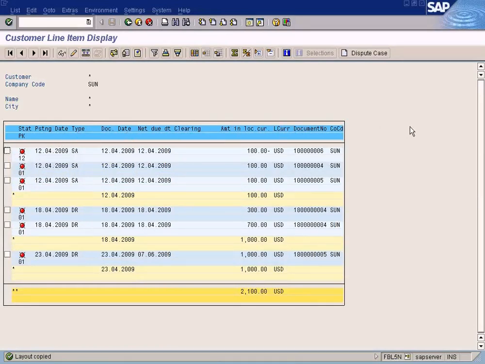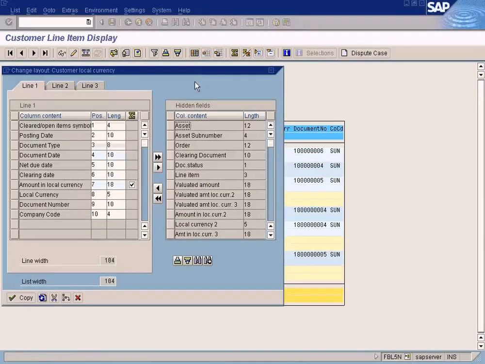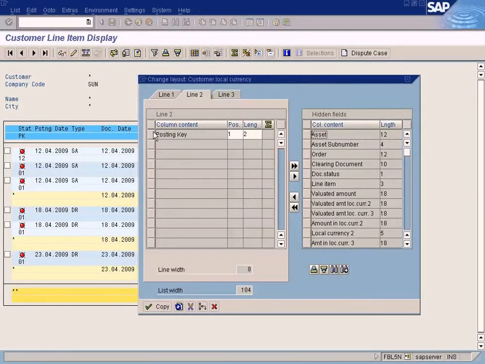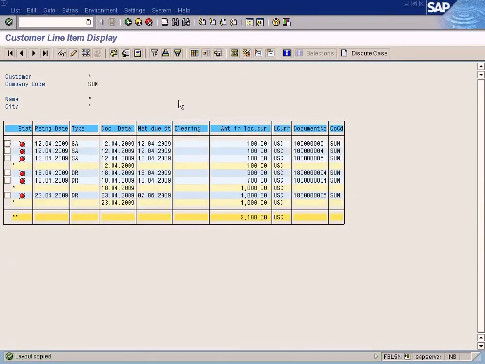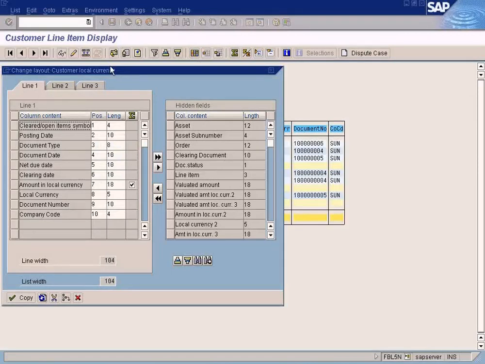because this is useful when you want to print a lot of fields. You want to select and print a lot of fields where your A4 paper will not be sufficient. The width of the A4 paper will not be sufficient. In that case, you need to create two lines of report heading. So the first line has got this, and the second line has got PK, posting key. So if you look at the first line, you see all these things corresponding to the first line of fields. The posting key comes second, right? That's the use of second line. You can also remove it. Now the second line will be erased, only you can see the first line, and you can also go up to third line,